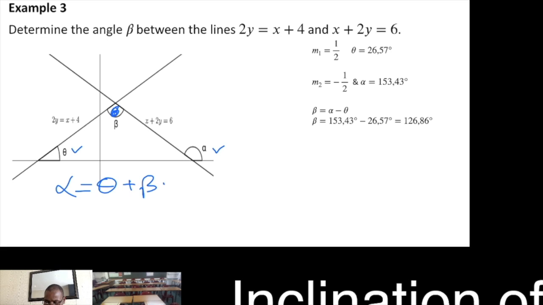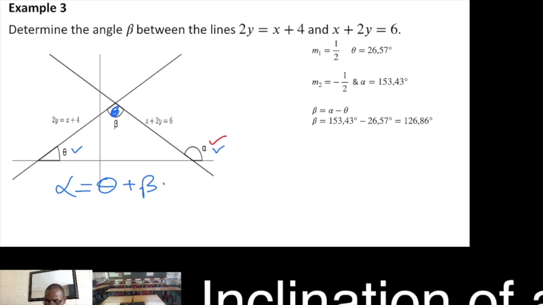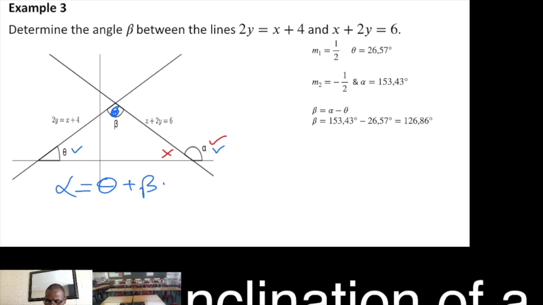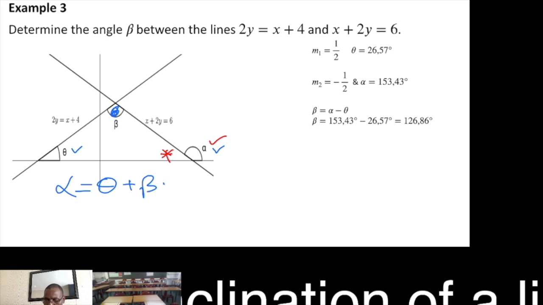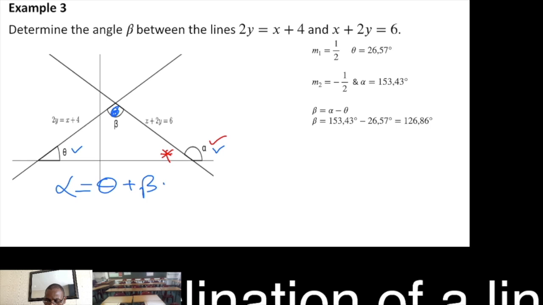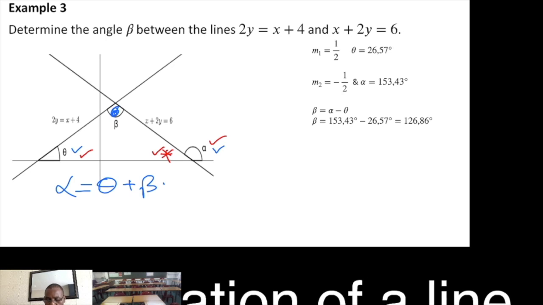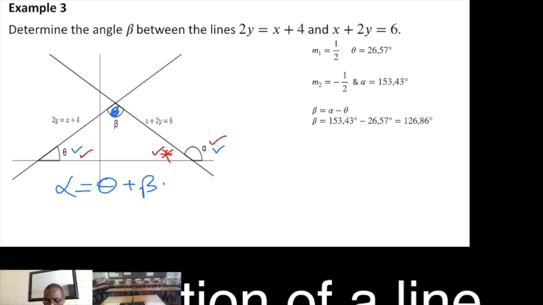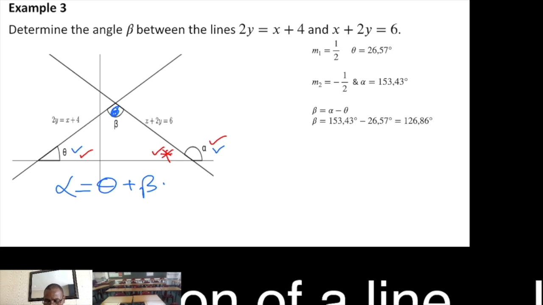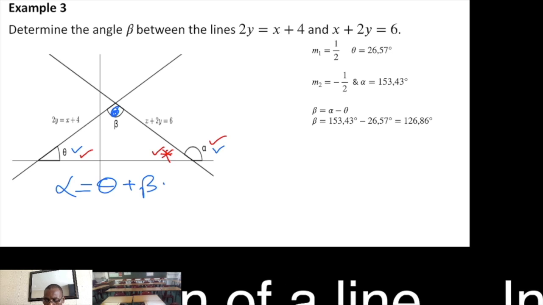Obviously, some of you may prefer to say, because you know alpha, you can work out the interior angle. So now with this interior angle and that other interior angle, those two can be added together and the answer subtracted from 180 degrees. And that will give you beta. So that is why